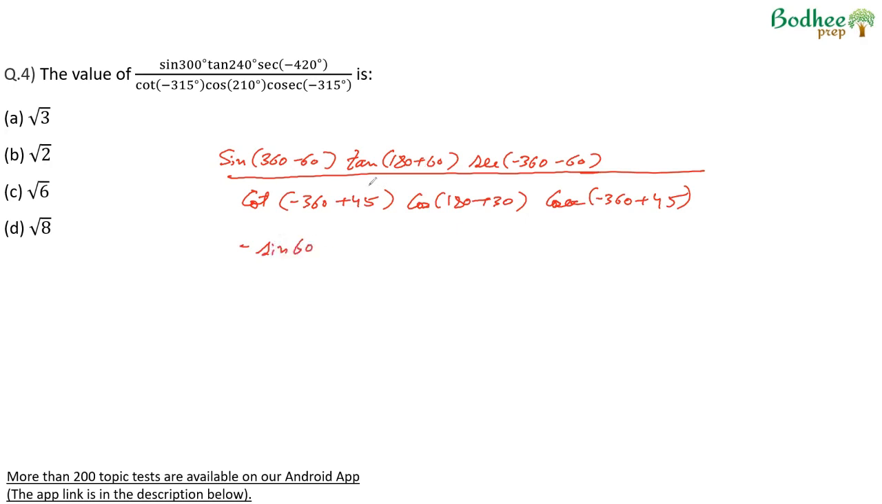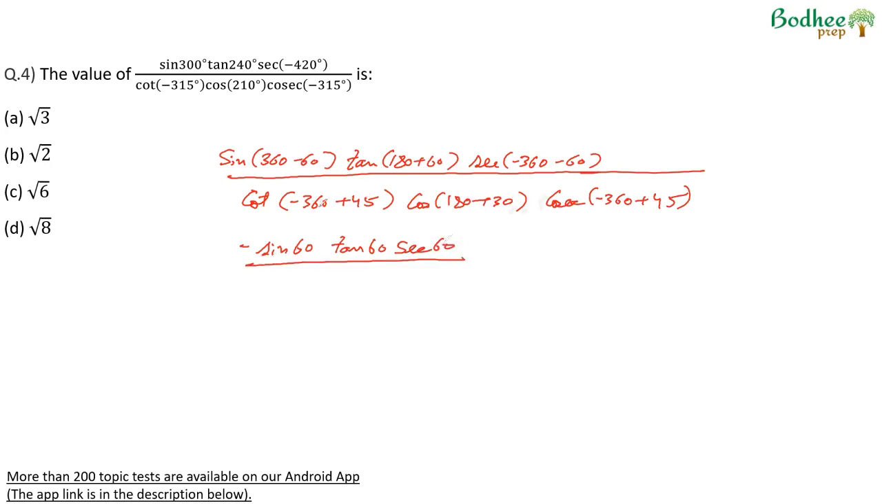180 plus 60 is third quadrant. Tan positive. So tan 60. Sec minus 360 minus 60 will be fourth quadrant. Sec will be positive. So sec 60 upon